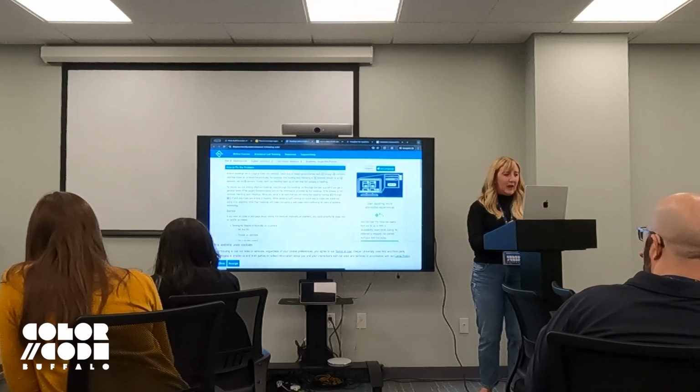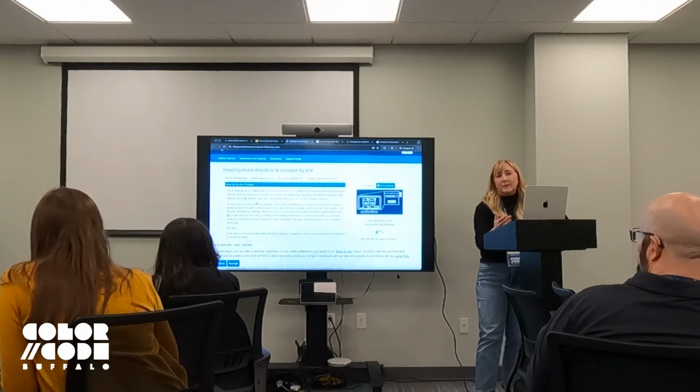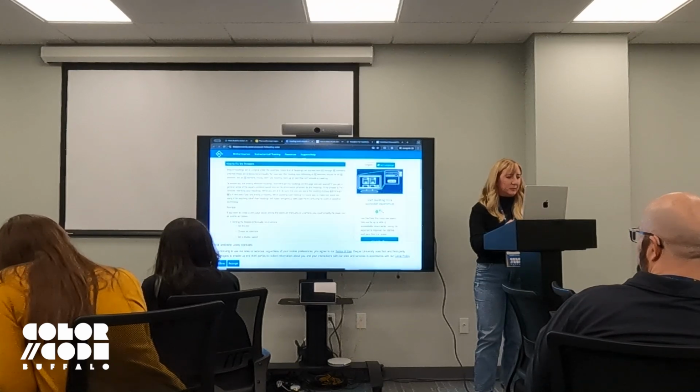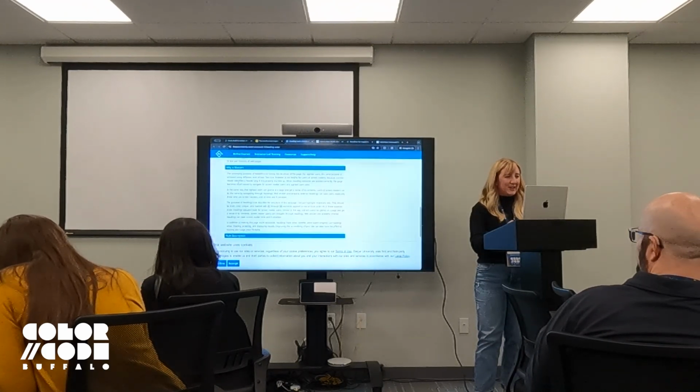But it also lets you know how you solve this problem. So in this case, heading levels are not hierarchical. They are jumping an element. Why is this a problem? Well, first it tells you how to fix. This why it matters section is nice. This lets you know how it is actually impacting users. So